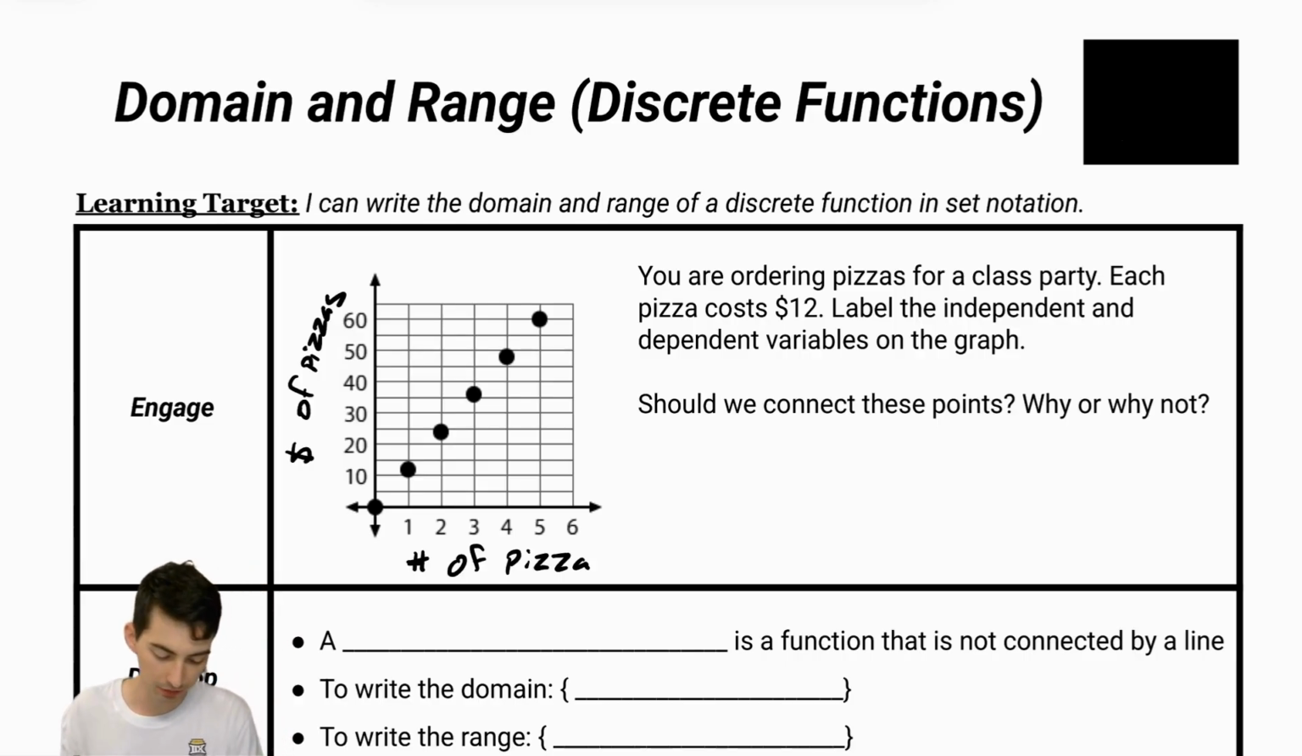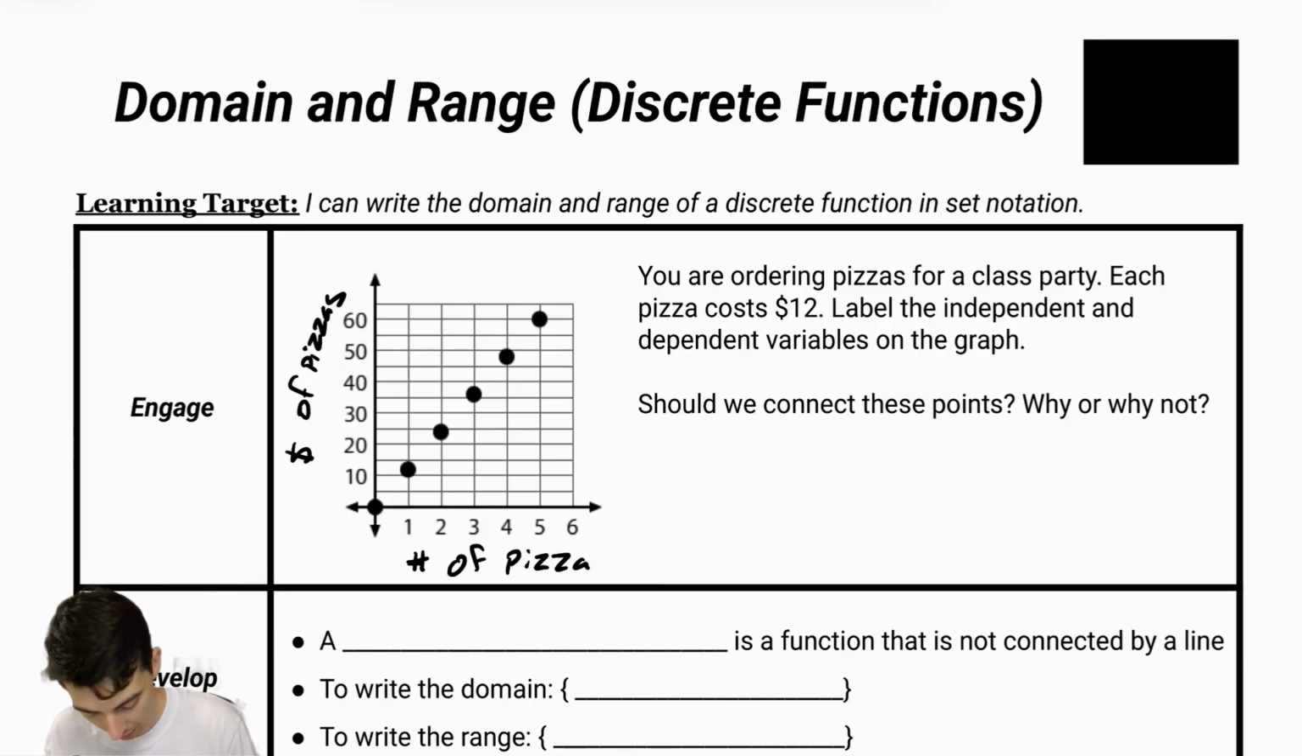So now the next question here says, should we connect these points? Why or why not? So when we're connecting, we would say that all of these points in between the dots are on the graph too. So 1.5, 5 could be a point. But if we think about it, could we order half a pizza? Well, no, right? You have to order a whole pizza. So in this case, no, we are not going to connect these points